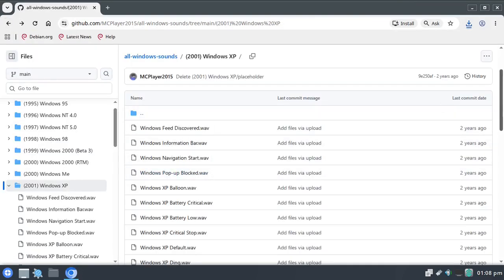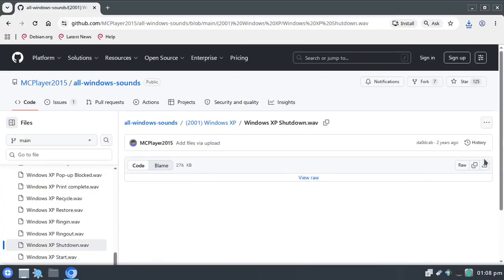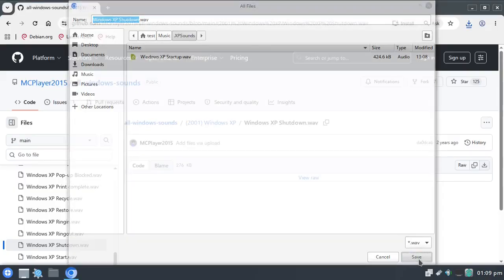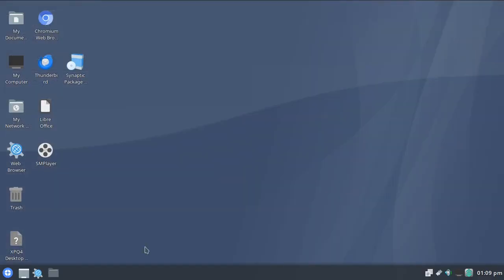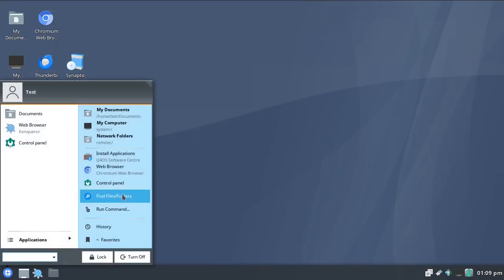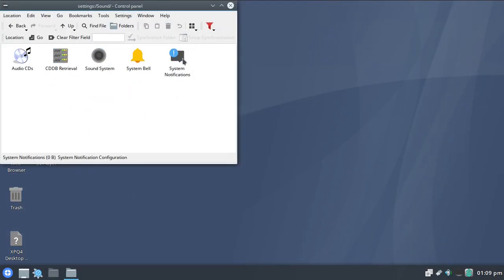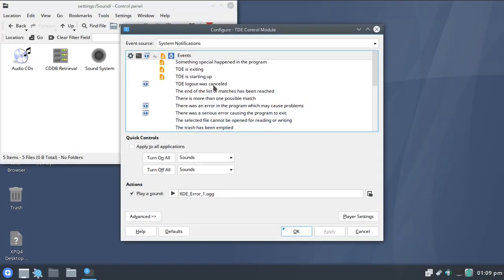And then we'll go back, find that shutdown sound, save. It'll save to the same .xp sounds. Save that. Close Chromium. Now we're going to go to Control Panel, Sound and Media, System Notifications, and we're going to find